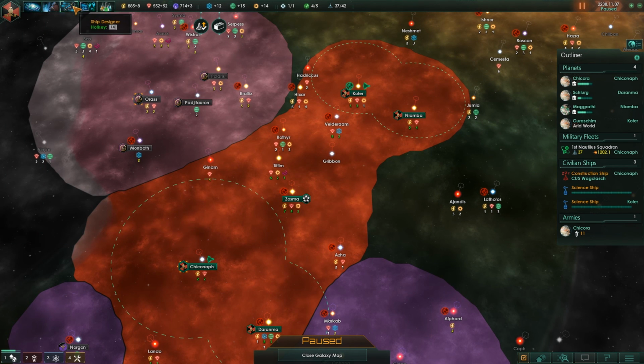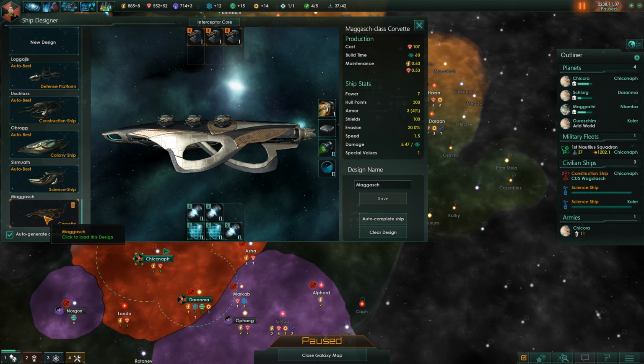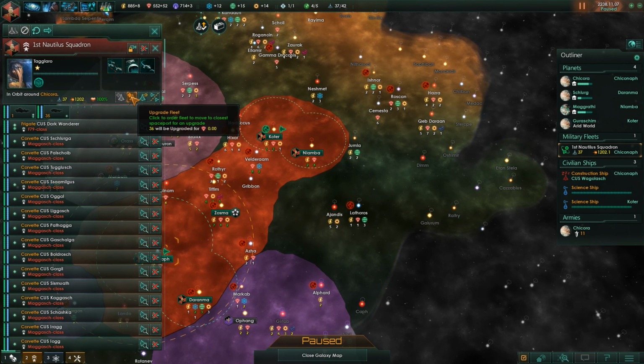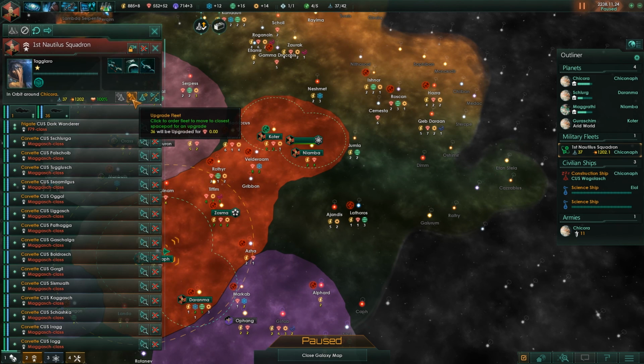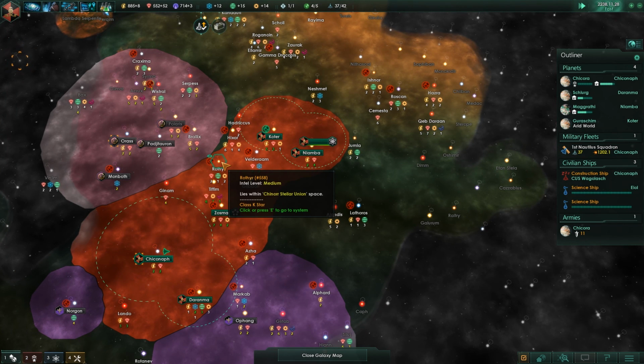Now, assuming it doesn't change the design, because it is set to auto best. It's not, that one's not set to auto best. So that's now all got mass drivers. So what we should be able to do now is upgrade all of these ships. We'll just unpause and make sure it's not doing anything weird. So construction ship, science, corvette. Yep, still got mass drivers on there. So if I go ahead and tell these guys to upgrade... Hopefully that will swap out all the energy weapons with mass drivers, and that should make us a little bit